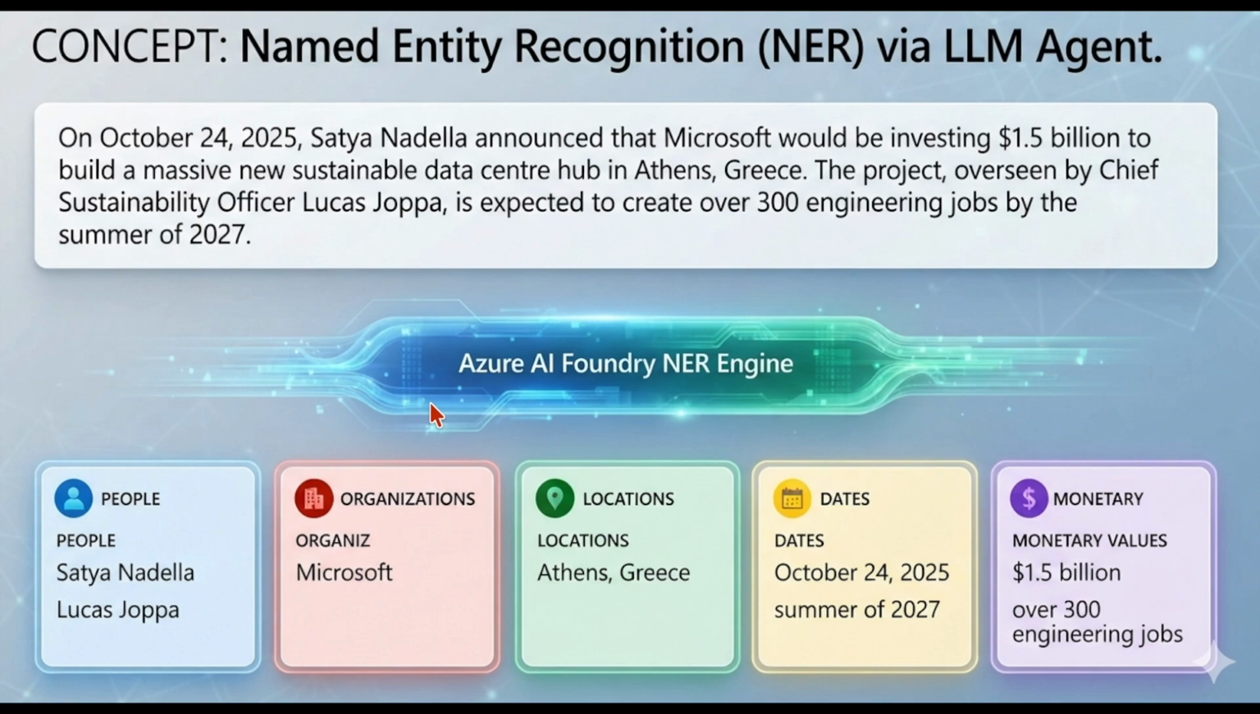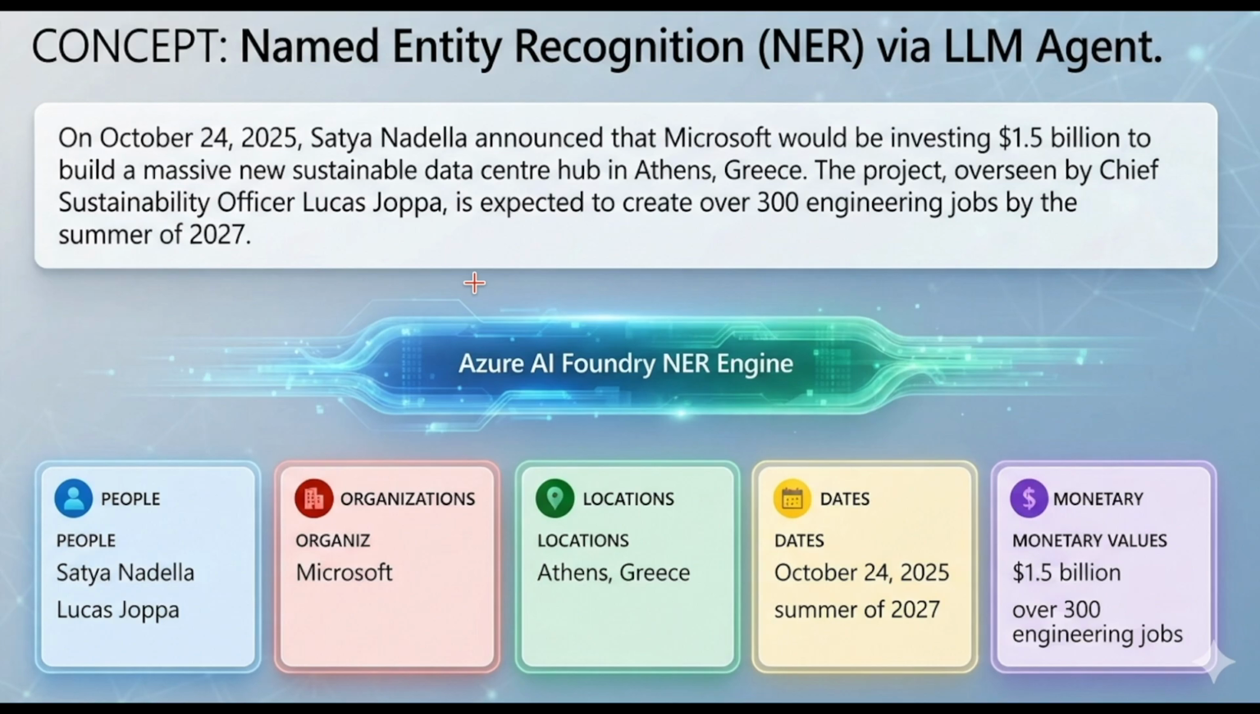Now why do we need this? Imagine having to manually read through thousands of customer emails, legal contracts or financial reports every day just to pull out names, dates or dollar amounts. It is slow, expensive and prone to human error. By offloading this to an automated NER engine inside Azure AI Foundry, we can instantly turn chaotic text into highly organized, structured databases. This allows businesses to automate workflows, trigger intelligent alerts, and feed clean data straight into downstream analytics